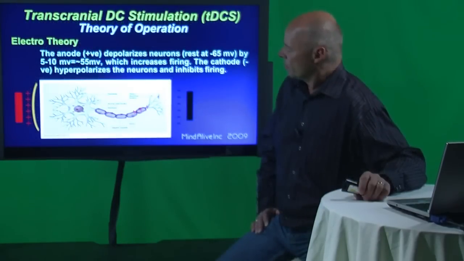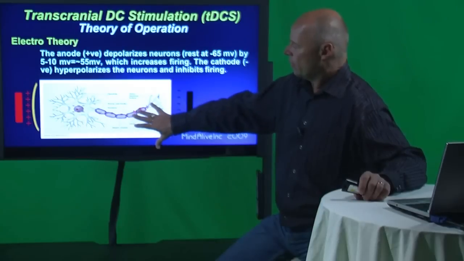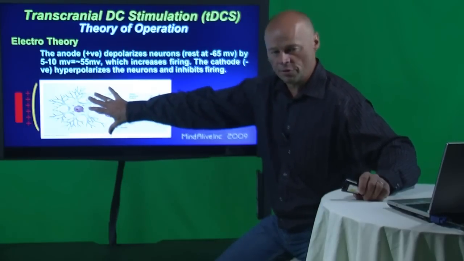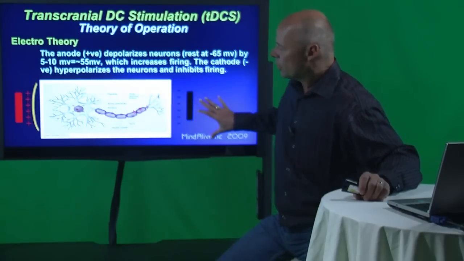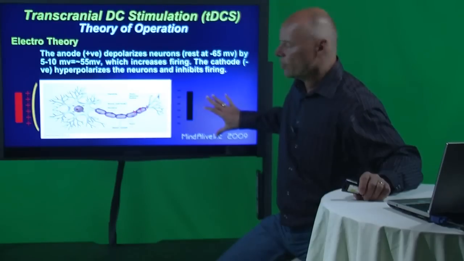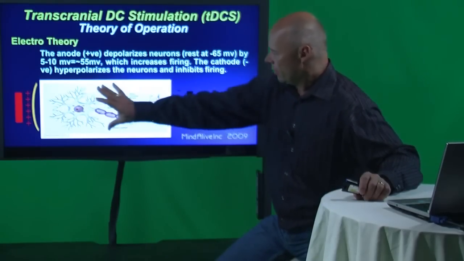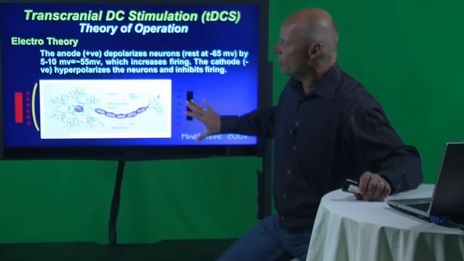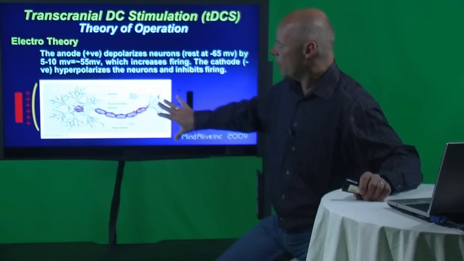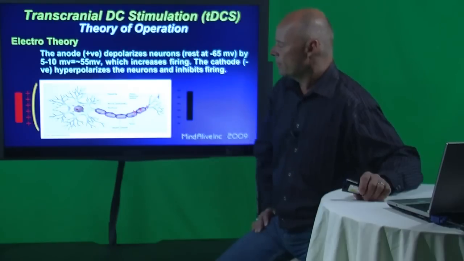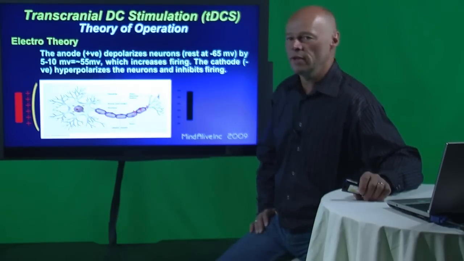Here we have a pyramidal neuron. And what we're showing is an anode, or a positive polarity, applied to the skull, which is that yellow curve. And somewhere across the back of the head, or perhaps a contralateral shoulder, we have the cathode. This allows the current to flow down through the pyramidal neuron such that the axon has a positive charge. Now typically, all neurons have a negative internal charge relative to the outside membrane of roughly minus